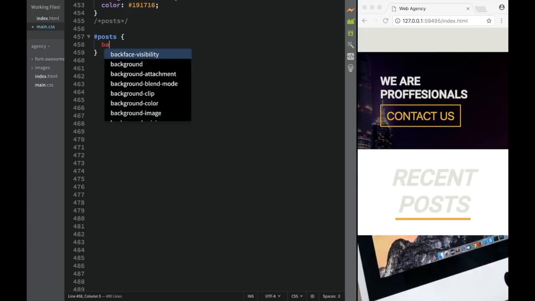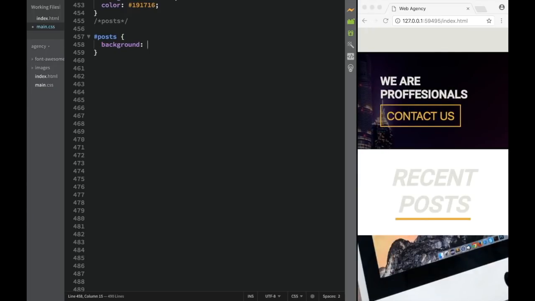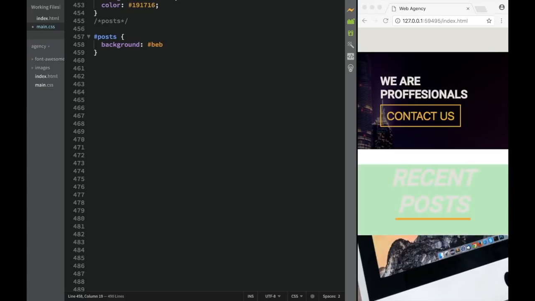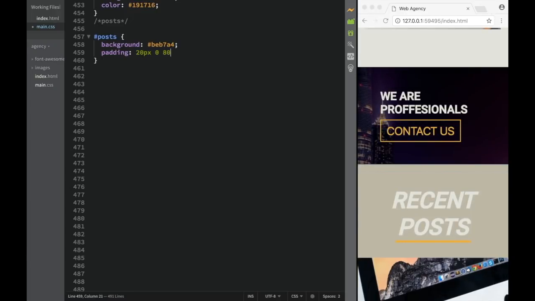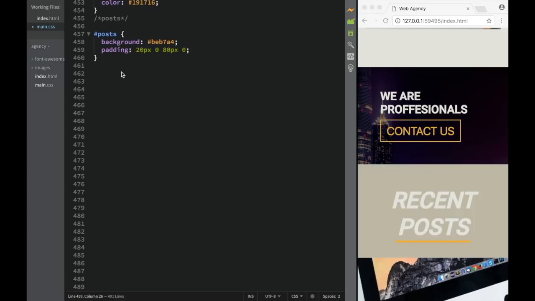We're going to say that this is going to have a background, and the background is going to be hashtag BEB right here like this, and then it's going to be 7A4, right? Now that we have this, padding, 20 pixels, then we're going to have a 0. This is going to be 80 pixels, and then we have 0, right? So we're going to set up the padding, and then we're going to have a post container,